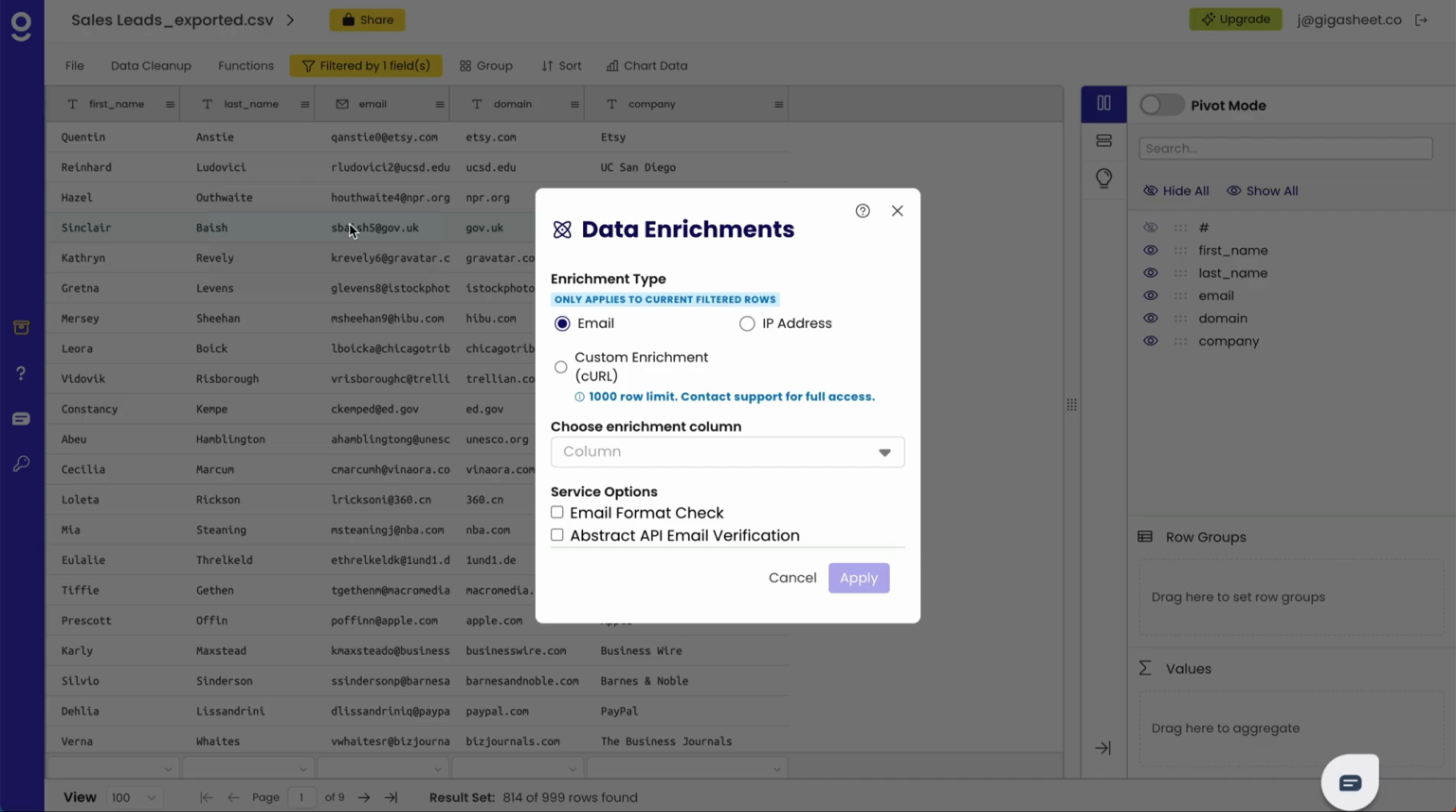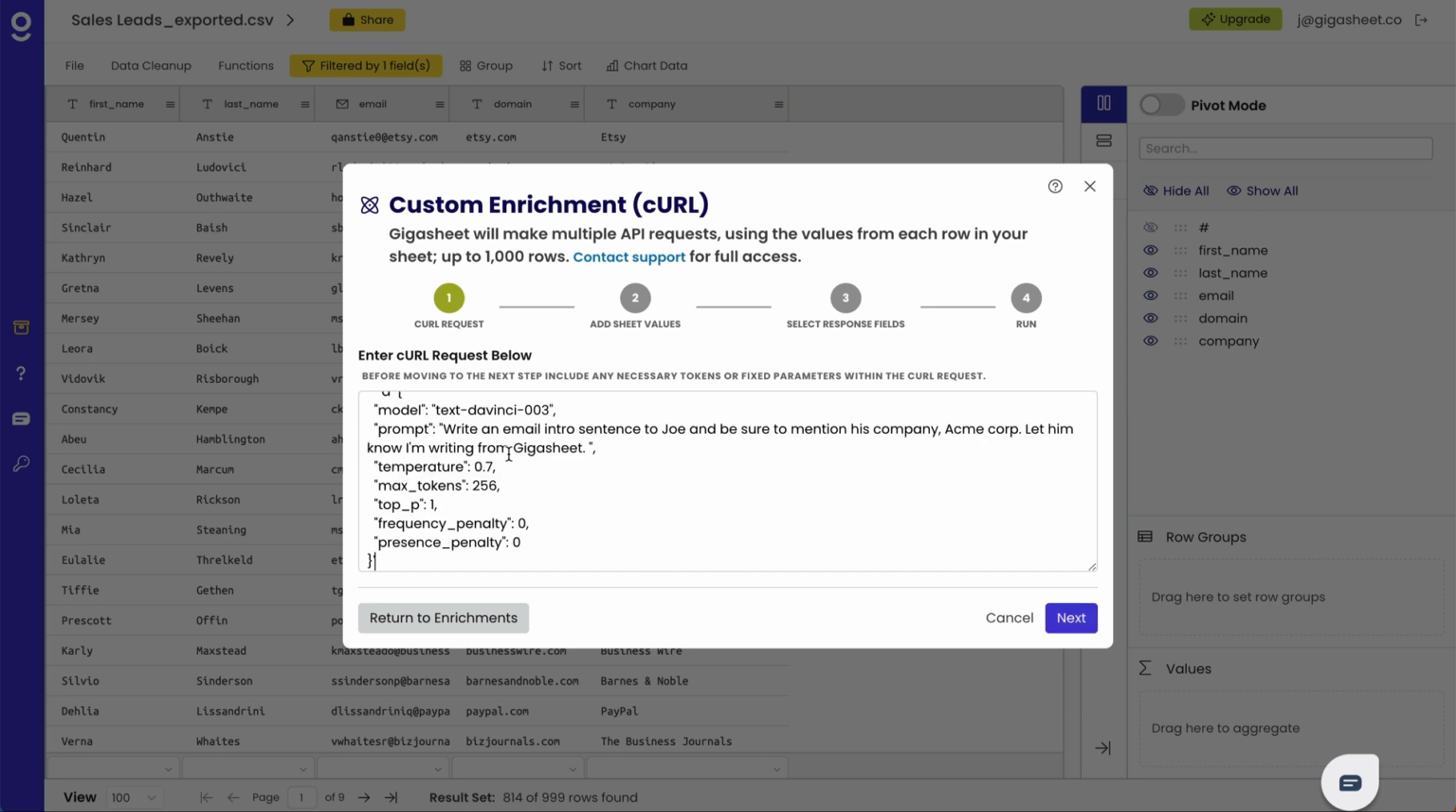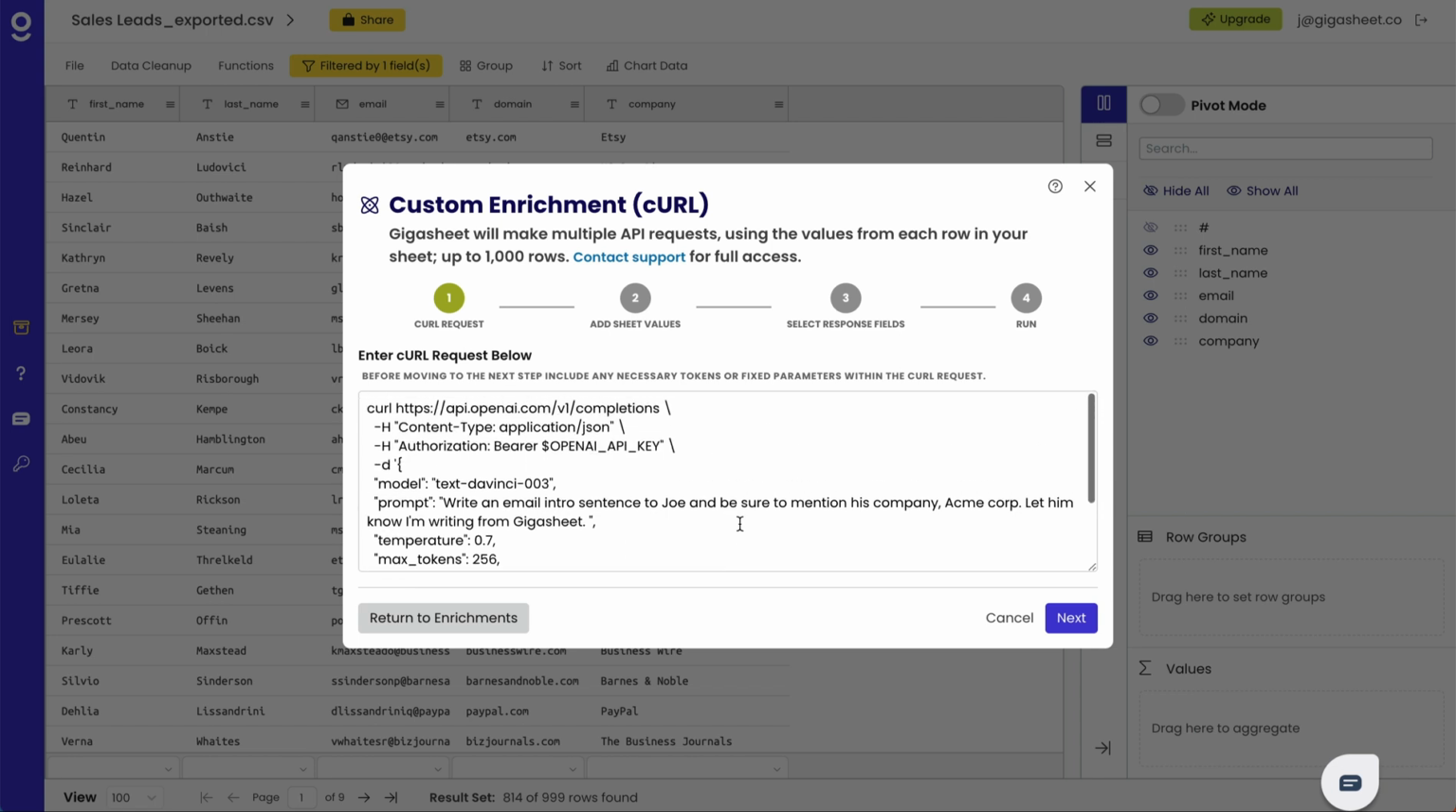I'll hit custom enrichment again, curl. And I'll paste this in. So here's that code from OpenAI and from their example, the example that I created. Now the important thing here in this step is you'll want to include your token or key. And you can see here before moving to the next step, include any tokens or fixed parameters. So it's really important that we do that. Obviously I'm going to blur this because I don't want you using my key for your work, but now I